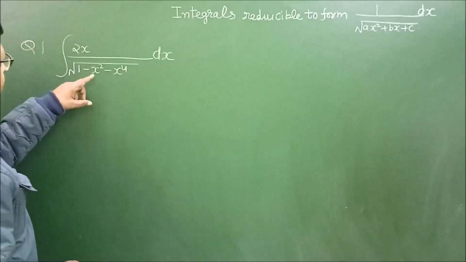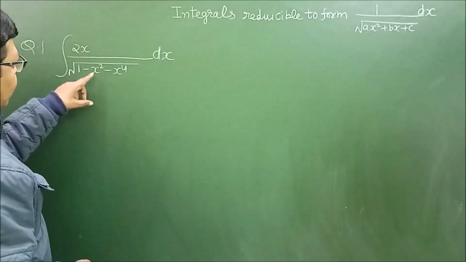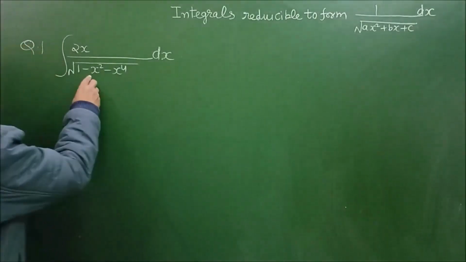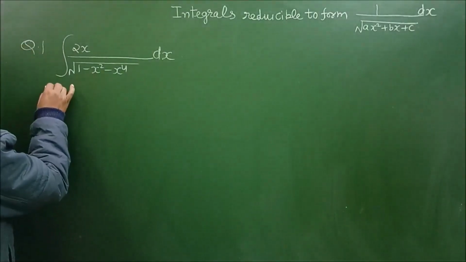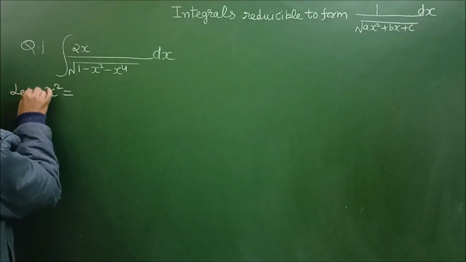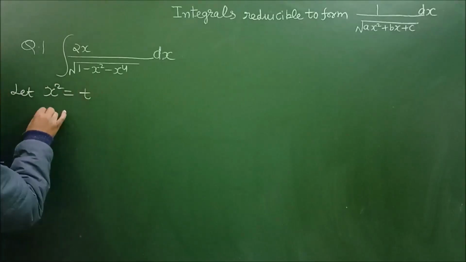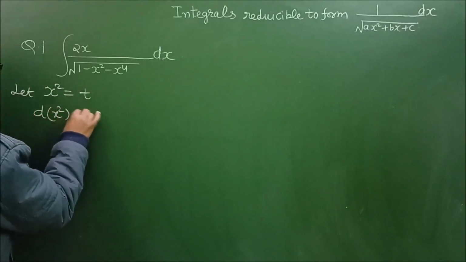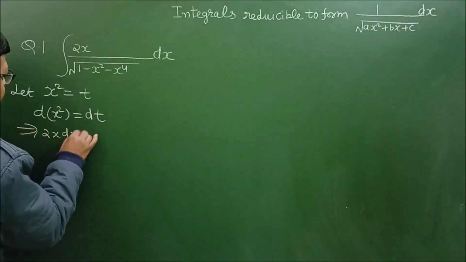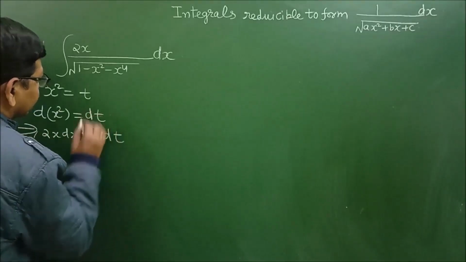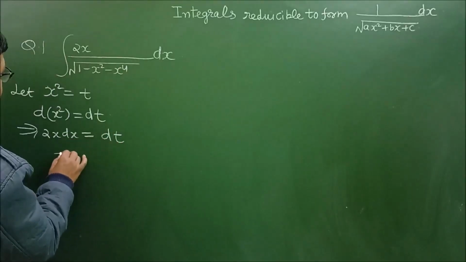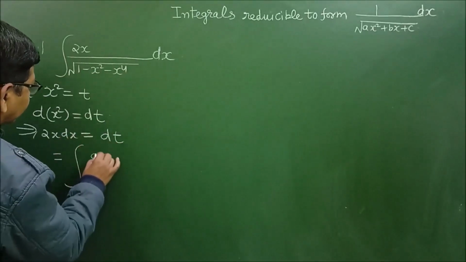Now this integral, from a general observation you can find that it can be reduced to this form if I take x square is equal to t, because the derivative of x square is in the numerator. So let x square is equal to t. Now if we differentiate, differentiation of x square is equal to differentiation of t, that is 2x dx is equal to dt. Now in the numerator, if I replace 2x dx by dt, then this integral reduces to integral dt